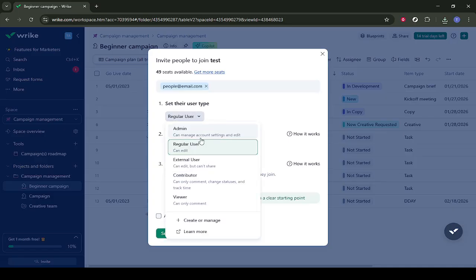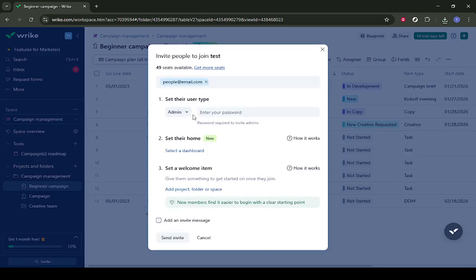Next, change their role to admin by clicking on the admin option. This gives them administrative rights for the relevant space or items, which is useful if they need to configure dashboards, manage workflows, or help oversee the campaign. Only assign the admin role if you trust this person with higher-level permissions, since they'll be able to make broader changes. With the role selected, look back to the highlighted area in the Sharing or Access panel and confirm that